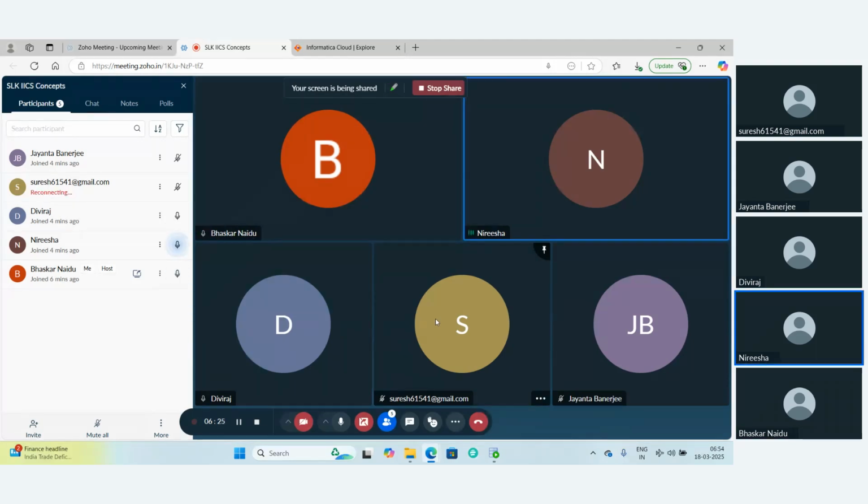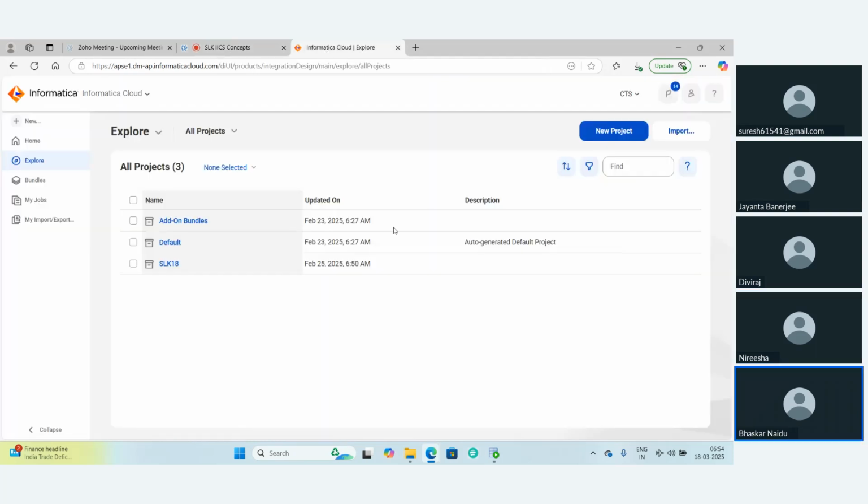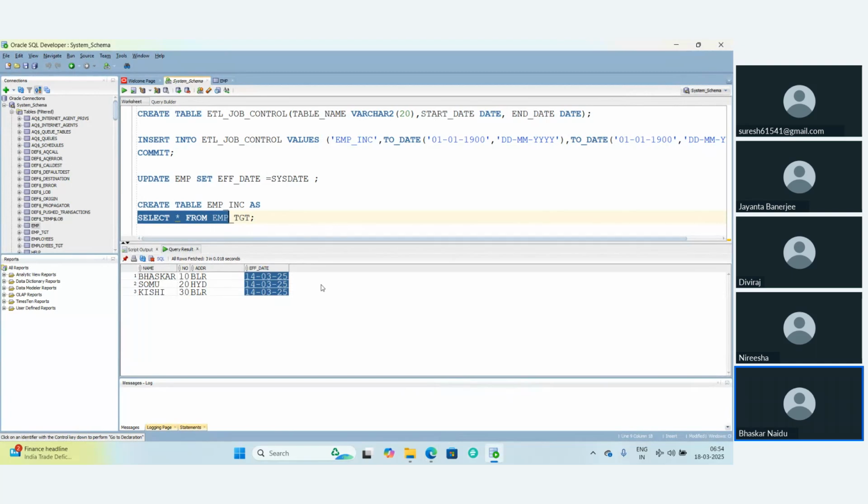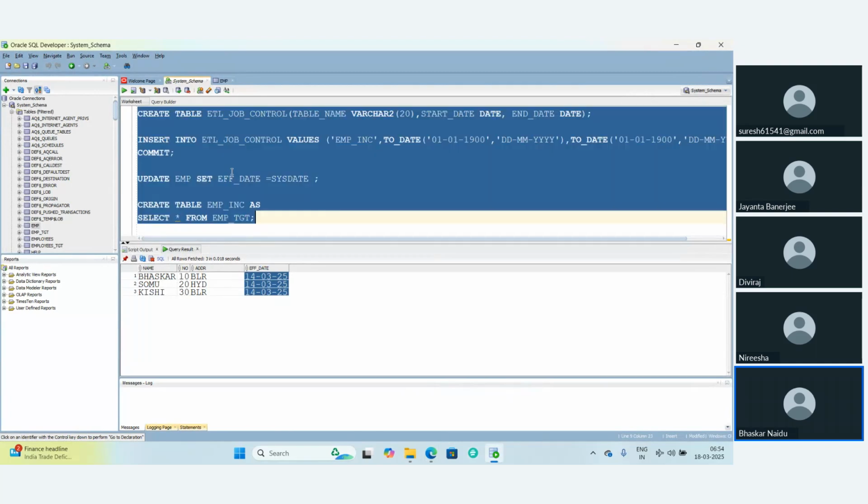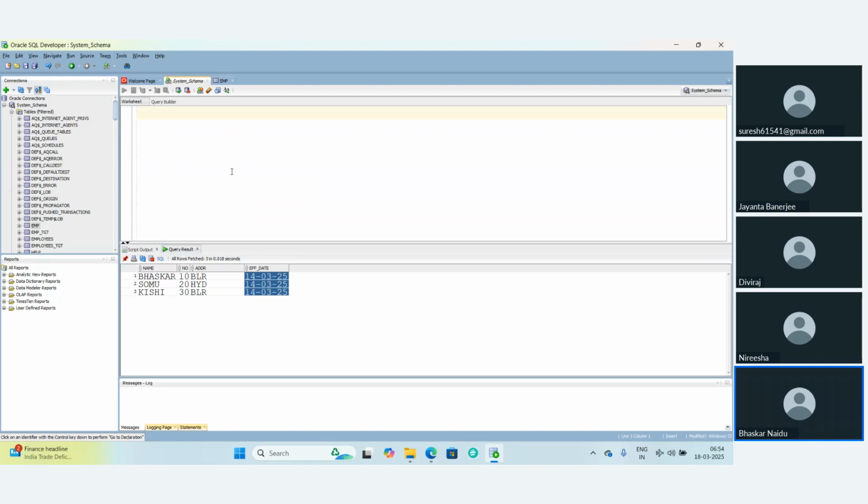If source data doesn't exist in the target table, we'll insert the data. If there are any modifications or changes, then we'll update the data. We'll do an upsert operation, so update else insert. So we are always going to maintain the latest data in the target table. When we load the data from source to target, always maintaining the latest data is called